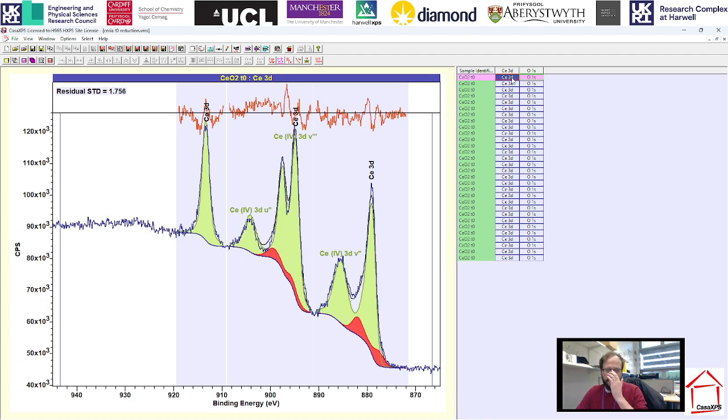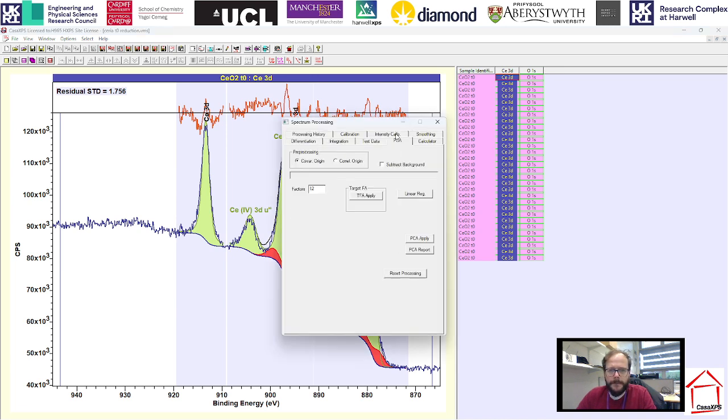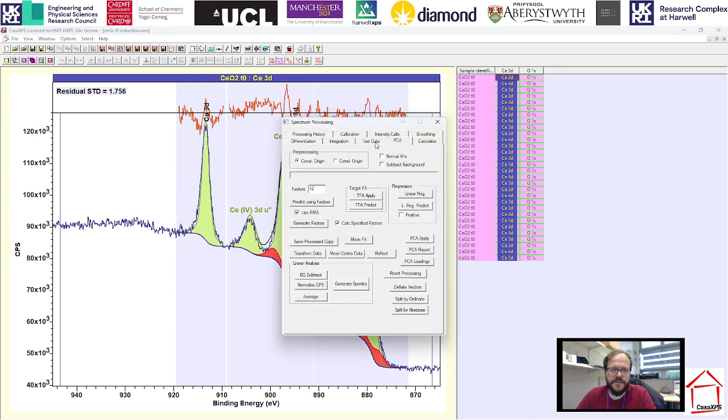In order to properly model this, we need to make sure that our peaks are all nicely lined up so that we can be sure of any peak shifts or anything. So the first way I want to do this is just based on a region. So what I'm going to do is come up to processing. I'm just going to make myself a second column so that I don't need to delete the model and put it back in. We'll just do it on a separate